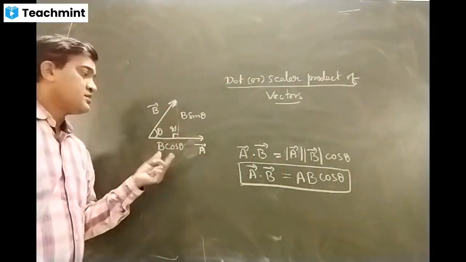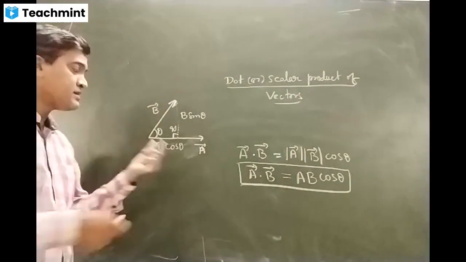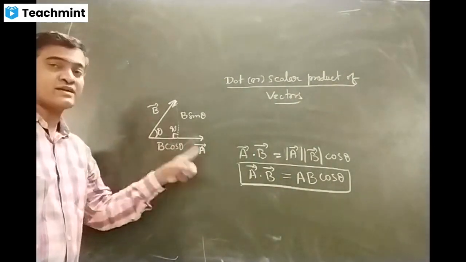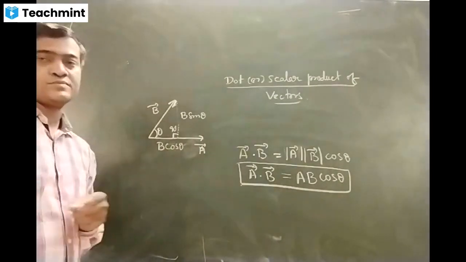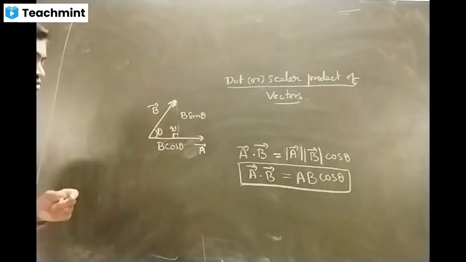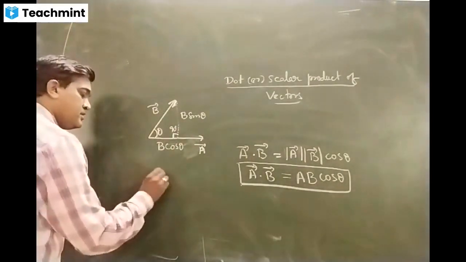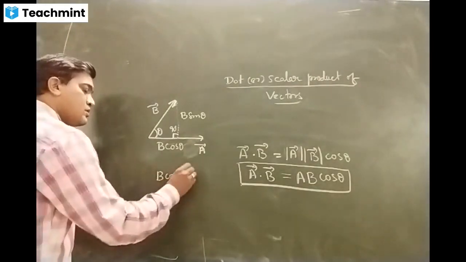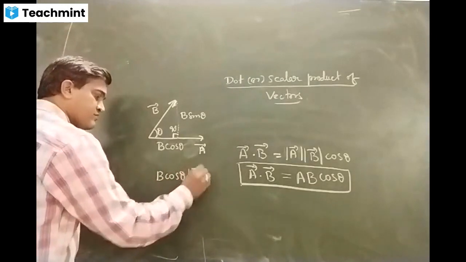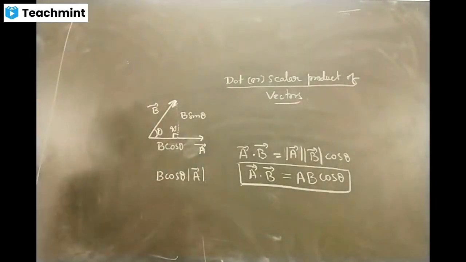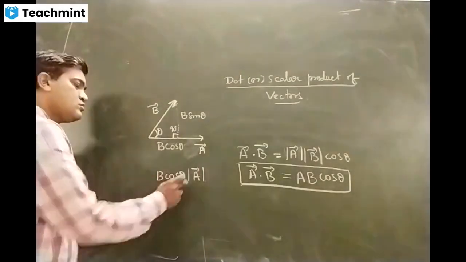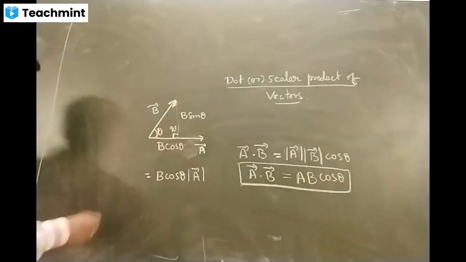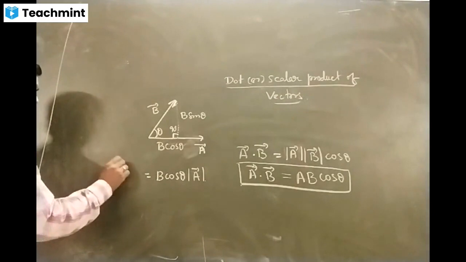B cos theta, sir. Then I have to multiply this component of B bar, which is acting along A bar, with A bar, with the magnitude of A bar. So how can I multiply? B cos theta into modulus of A bar, because I am finding the magnitude. B cos theta into modulus of A bar is defined in such a way that